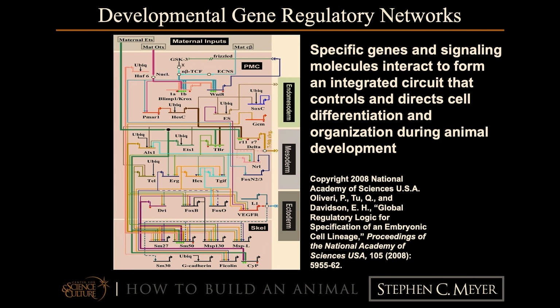And this, I just love this. Turns out that when animals are developed, the development of the organism is orchestrated by something called a developmental gene regulatory network. A developmental gene regulatory network is essentially a relationship between specific genes and the signaling molecules that are produced by those genes. So genes produce gene products. Some of those are proteins. Some of those are RNA molecules,